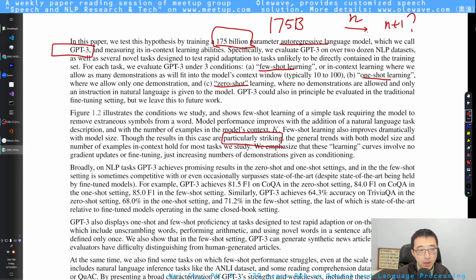And they also talk about it broadly. They're saying that their model is capable of handling different NLP tasks like QA, test rapid adaptation. For those of you who do not know this, I would like to use a speech example to give you an idea, okay? It means you have a general ASR model, but you want to recognize my voice. You can do something called online adaptation.